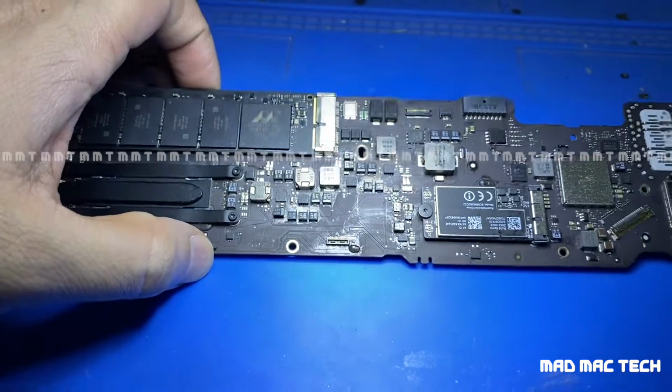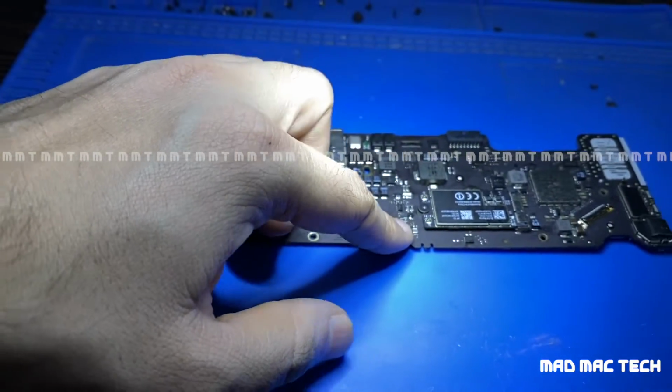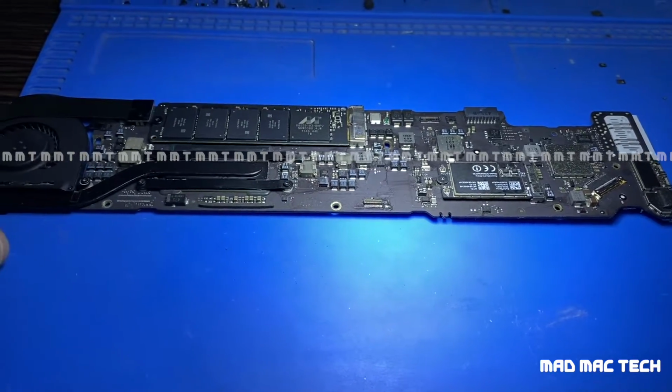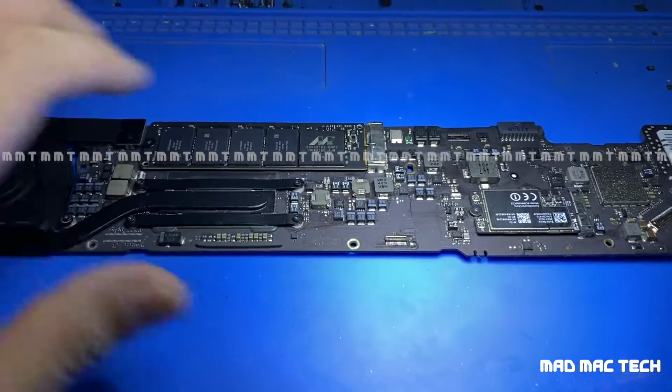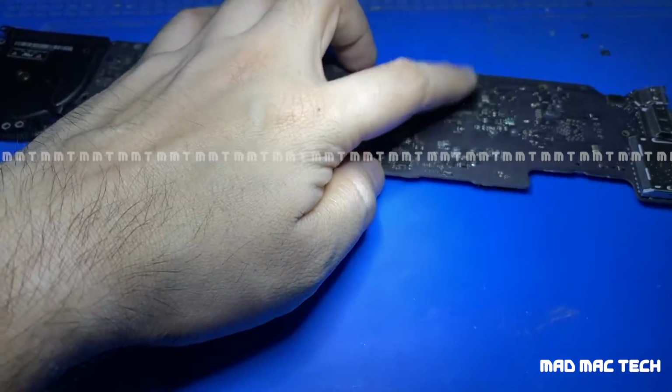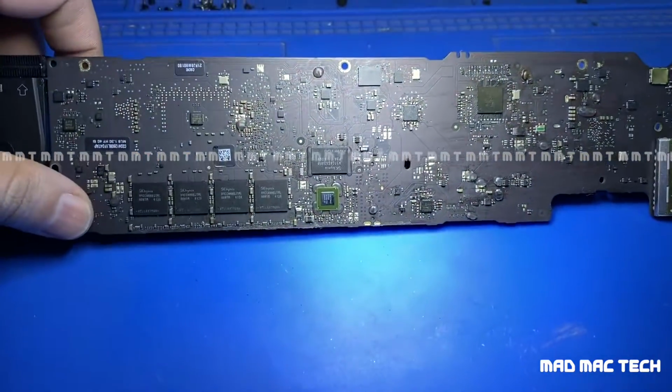So the 3V42, 3.42 volt rail, was shorting to ground at about 3 ohms. When I injected power into this line, it was showing the short on the SMC. So once the SMC was solved,